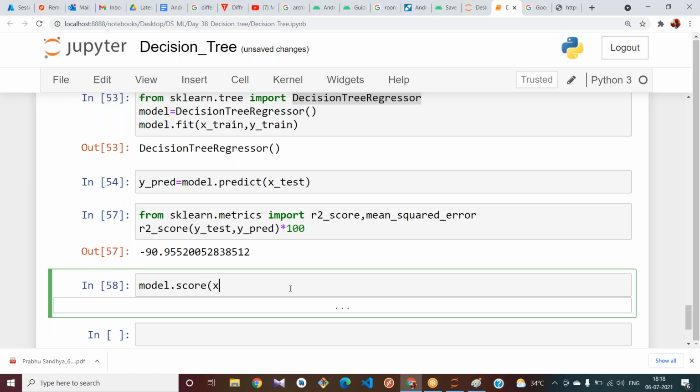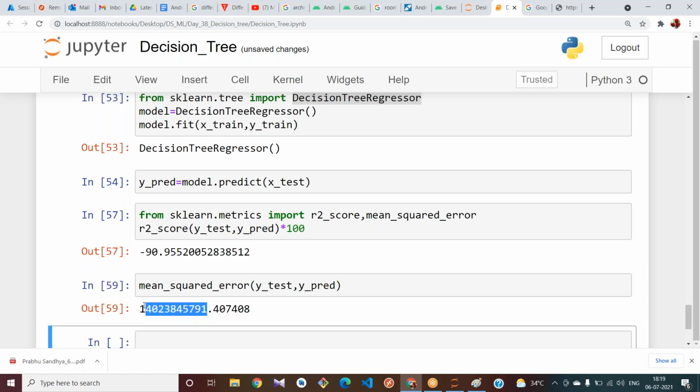Okay, let me see. The R2 score is minus 90. Let me see the error here: mean squared error, y_test comma y_predict.